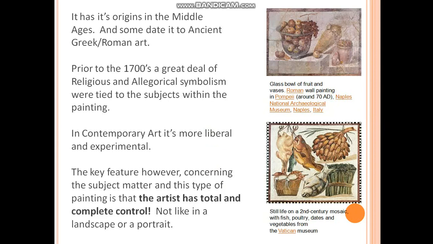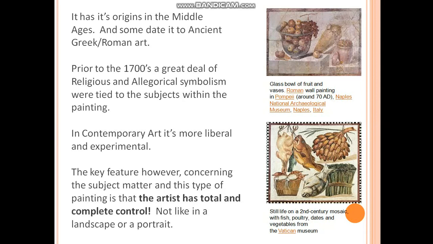Still life painting has its origin in the Middle Ages, and some date it to ancient Greek-Roman art. Prior to the 17th century, a great deal of religious and allegorical symbolism was tied to the subject within the painting. In contemporary art, it's more liberal and experimental.